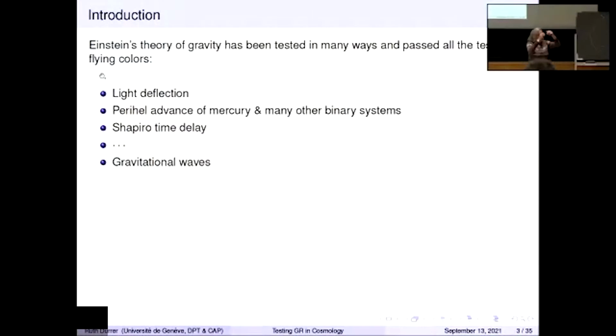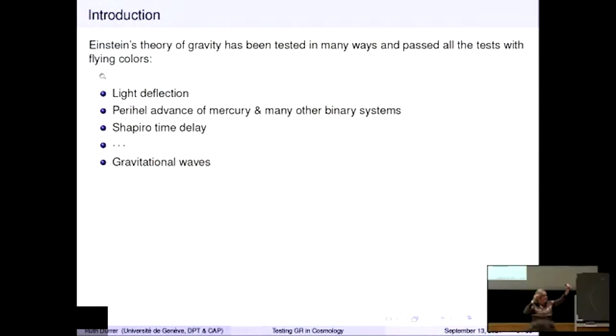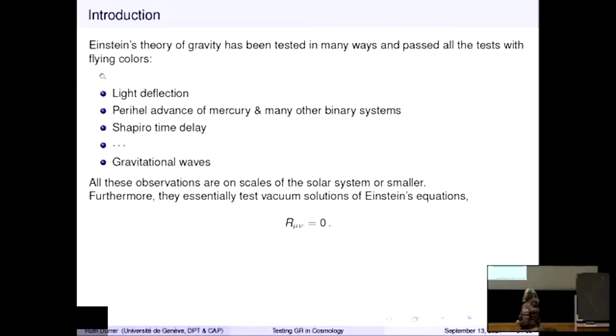It's the time delay due to the light going through a gravitational field. That is, if you set the speed of light to unity, the distance and the time are not the same anymore. And lately, or 5 years ago now, also gravitational waves have been detected. So general relativity is as successful as it can be.